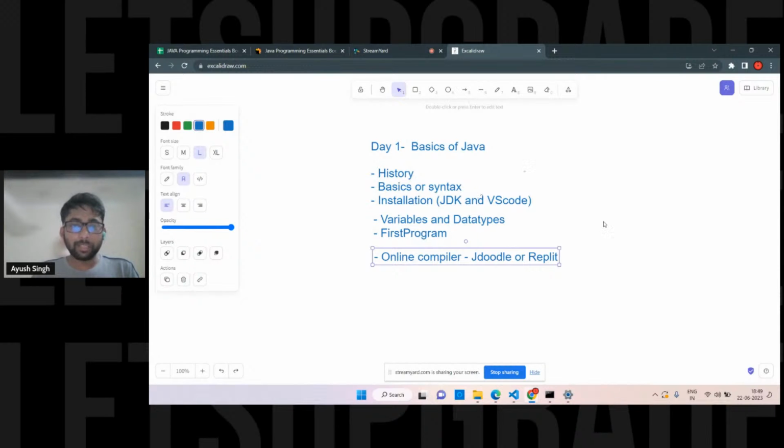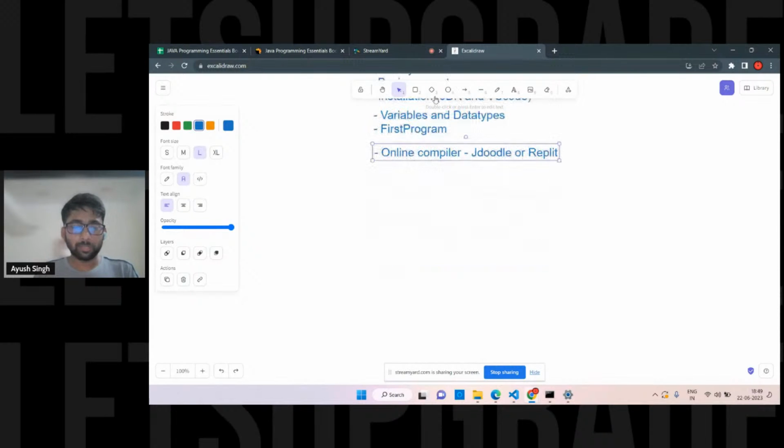So let's directly start with this. Okay, let's not waste much time. So if I talk about the history, right? So this is simple. Java was okay. I'll write point wise. Why am I writing point wise? Because it will be quite easy to grasp this, and afterwards you can just revise it quickly, right?